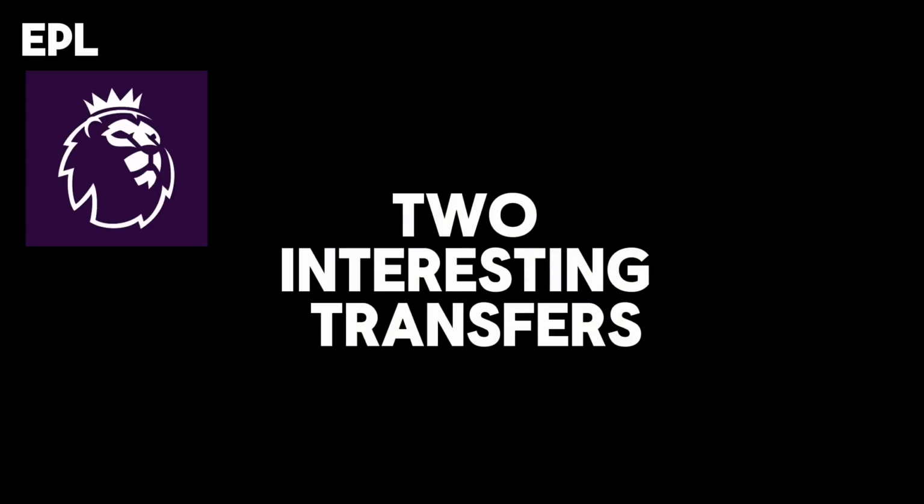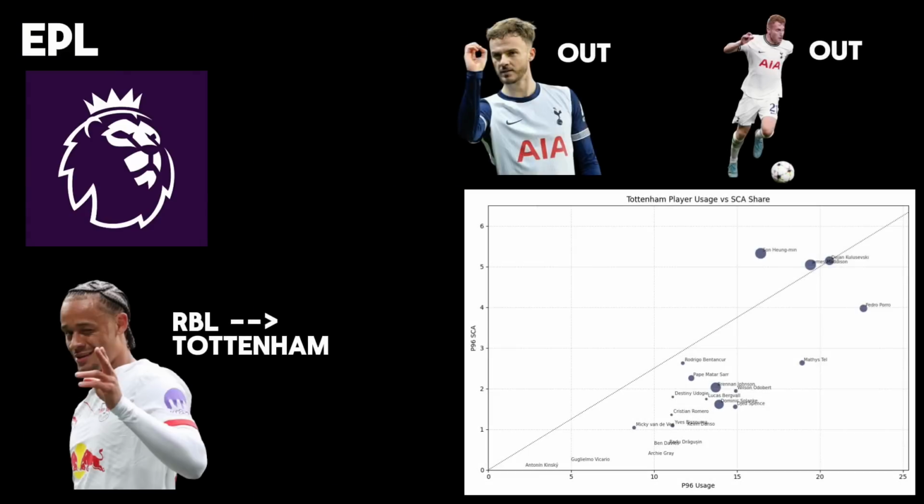Finally, I know we've seen this data for the Prem, but I wanted to cover two recent Premier League transfers, as this data helped me understand them a lot. First, Xavi Simons to Tottenham. They need a main attacking midfielder with James Maddison out. If you see Eze on the chart, that makes the most sense. But if you can't get him, you want somebody like that.